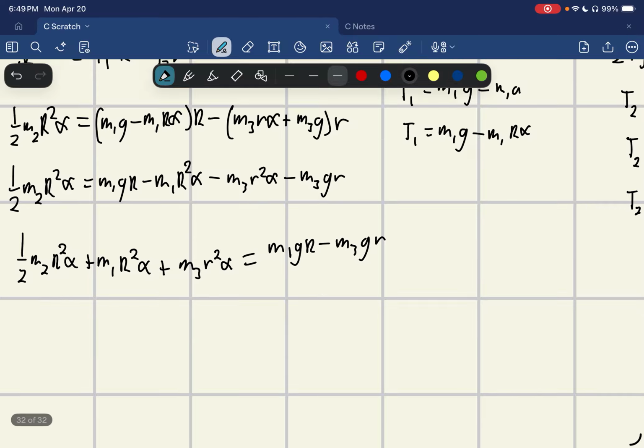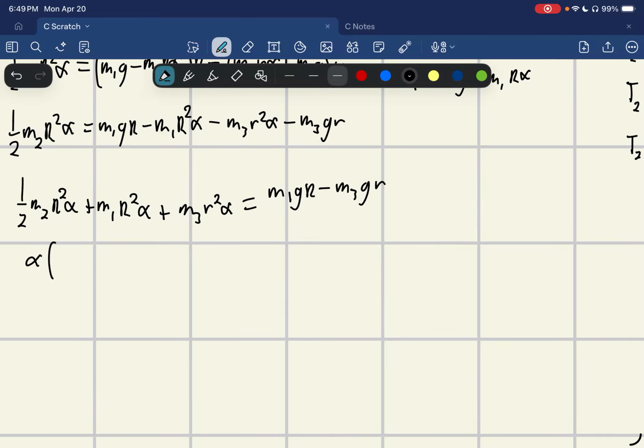And here I'll just factor out alpha, so it'd be alpha times 1/2 M2 big R squared plus M1 big R squared plus M3 lower r squared is equal to